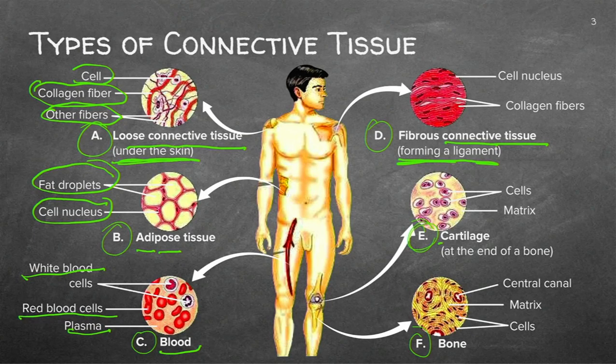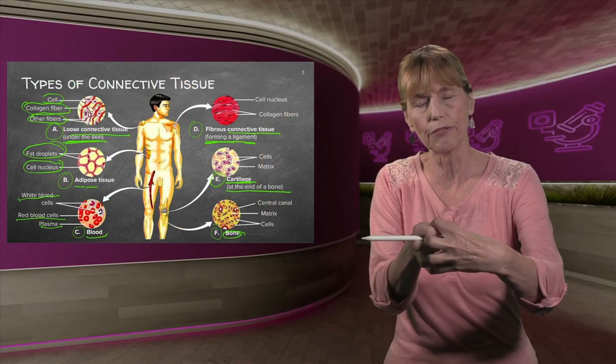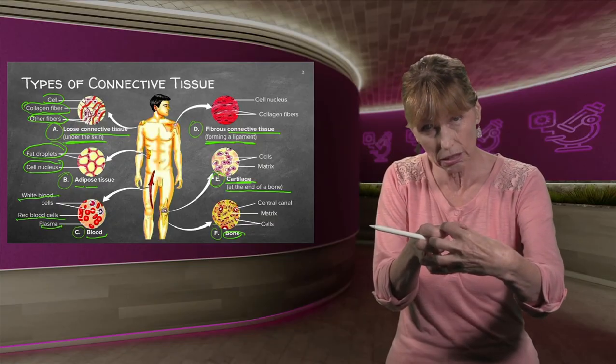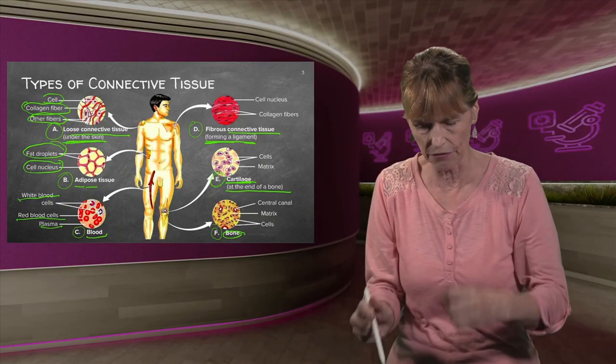Okay, it has cartilage, which is at the end of the bones. If you've ever eaten a chicken bone, it's that transparent bit that you get between one bone and the other, that rubbery bit. That's called cartilage, which stops the bones from rubbing against each other so that you can easily turn your shoulder or your elbow. And then bone. Bone is also a type of connective tissue because it literally connects the different tissues or cells which are connected to form a specific function.